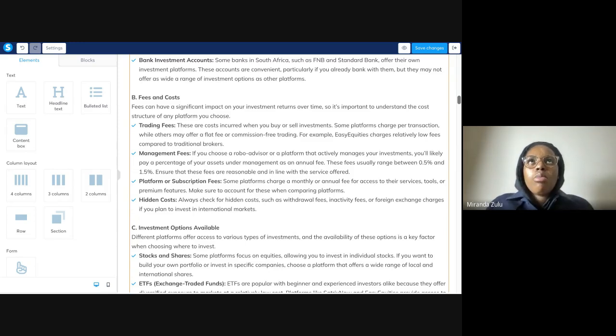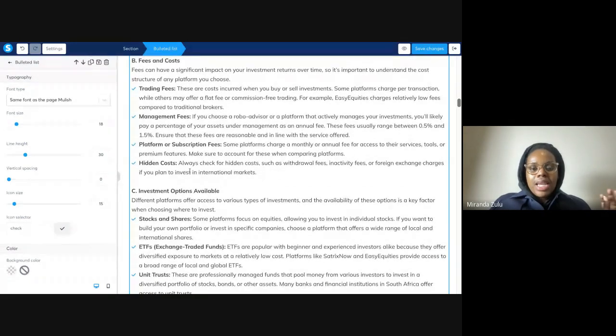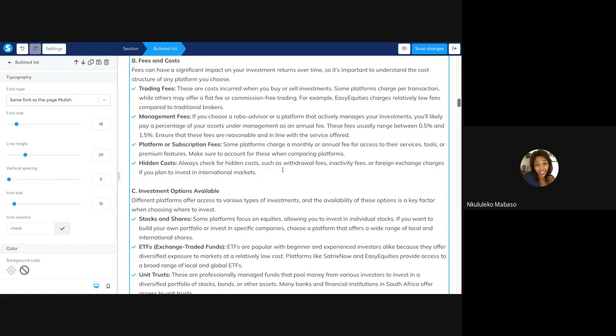I know of a platform, but they're not an investment platform. FinMeUp. They're not an investment platform, but more like an investment educational platform. And I know that they do charge fees for certain subscriptions if you are wanting advice or additional services from the free platform, you'd pay platform fees or subscription fees. So it's important to note when you are looking at a platform, do these fees apply? And then hidden costs. It's very important, Miranda, to know.